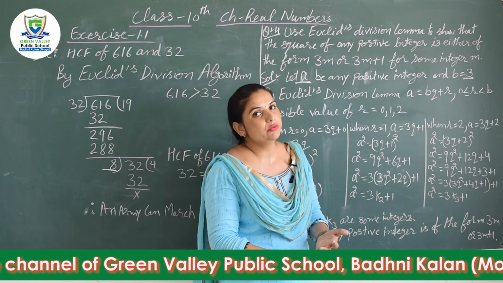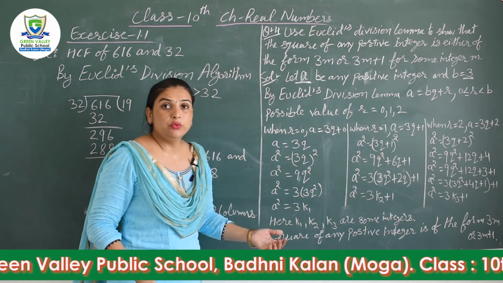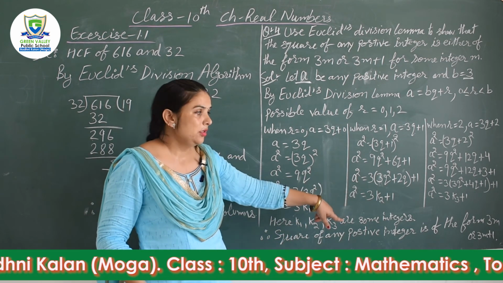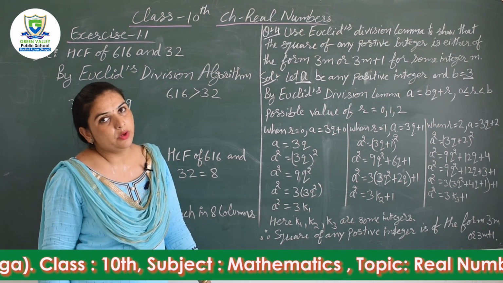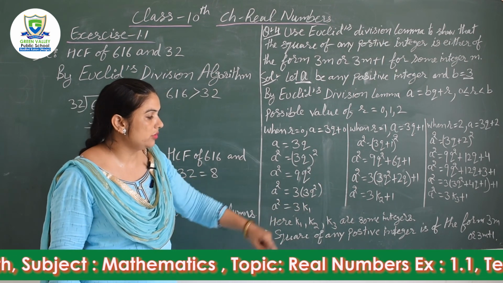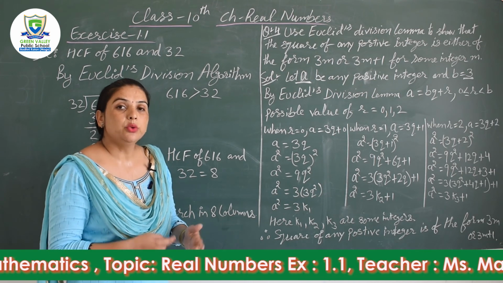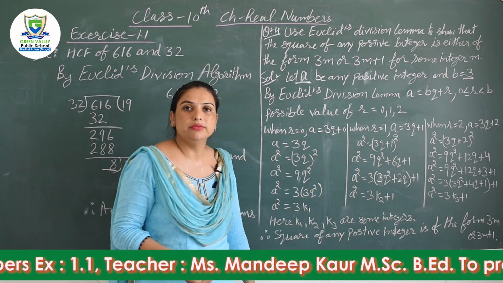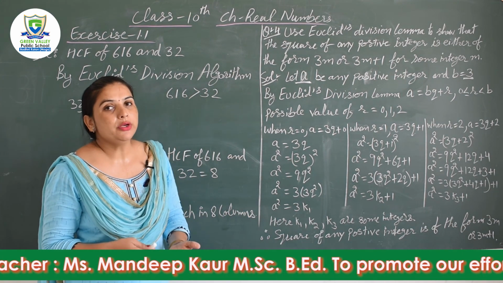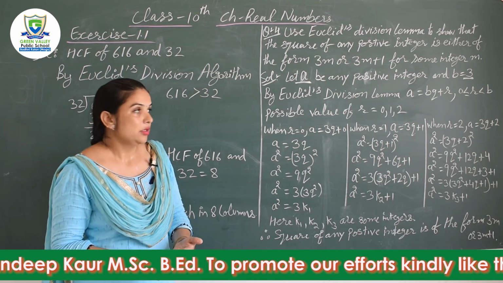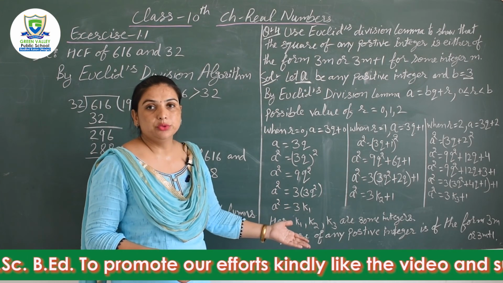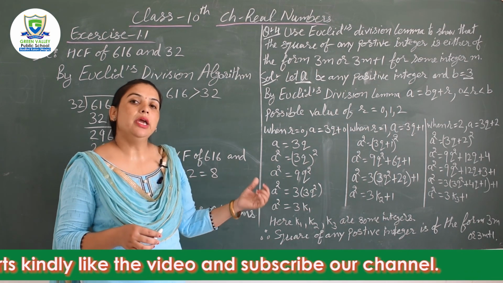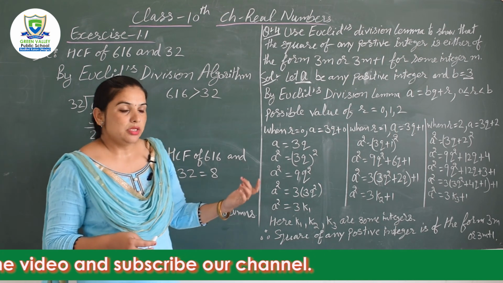3k3 plus 1. If you check, now we got them as 3k1, 3k2 plus 1, 3k3 plus 1, where k1, k2, k3 are some integers. So at the end we can say squaring of any positive integer is of the form 3m or 3m plus 1. So in this way we have to do this question. It is similar to the second question. The difference is here we have to do squaring of it, nothing else.